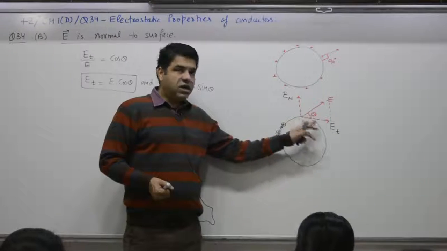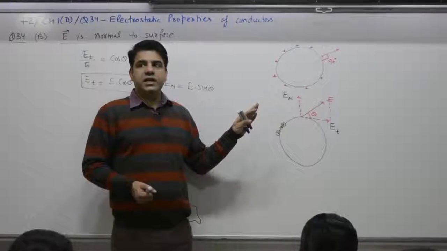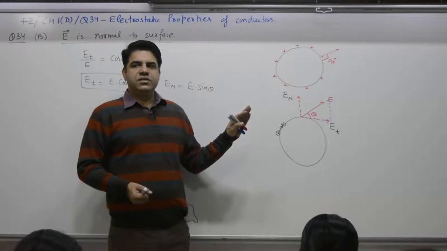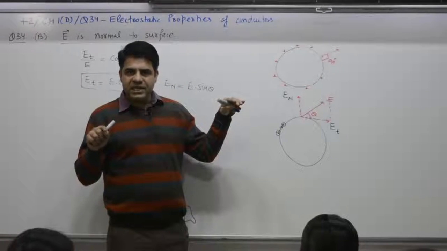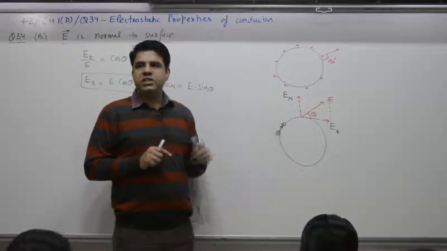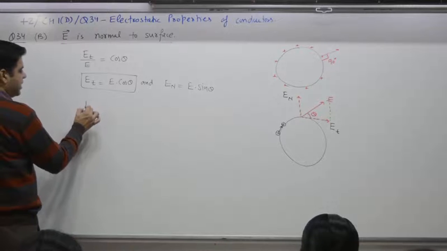So if charge is in motion, then it is not charge at rest, then it is not electrostatic. This chapter 1 deals with what? Charges at rest. If charge is at rest, that means it is in equilibrium, that means net force acting,